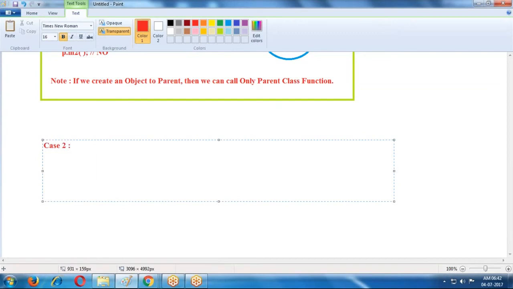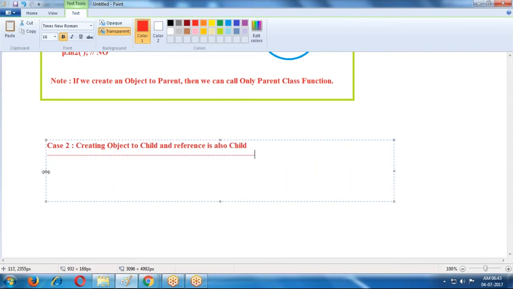Now, creating an object to the child class, and the reference is also child.